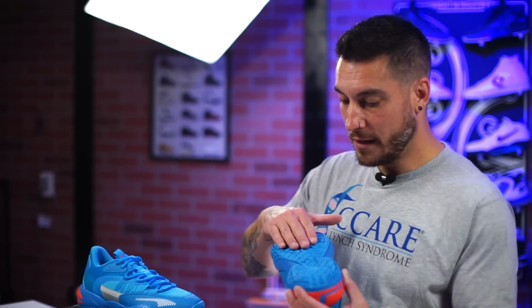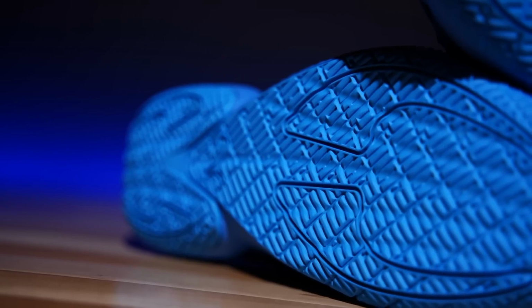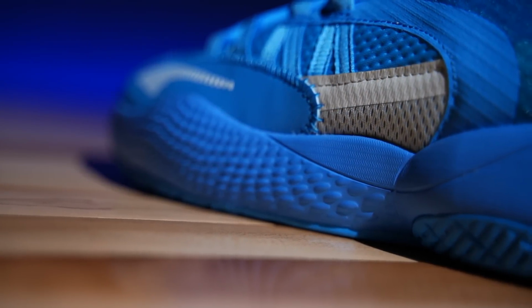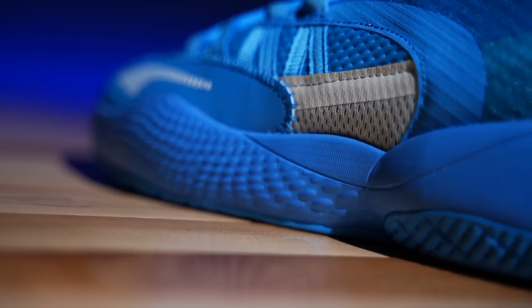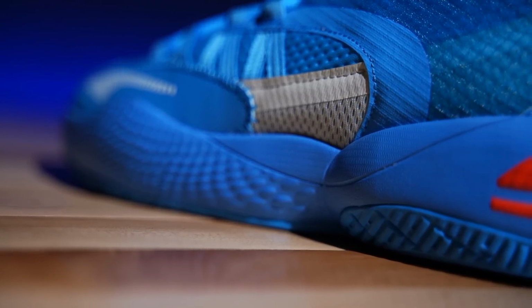You can't really see it. I'll try to get it in the B-roll, but there are so many waves in this, it's so cool. It makes the shoe very flexible. It also makes that Pro Foam, which is the midsole, so it's not their Nitro Foam or Pro Foam Plus. This is the same ride that we got in the previous model, as well as, I think the Hardwood was